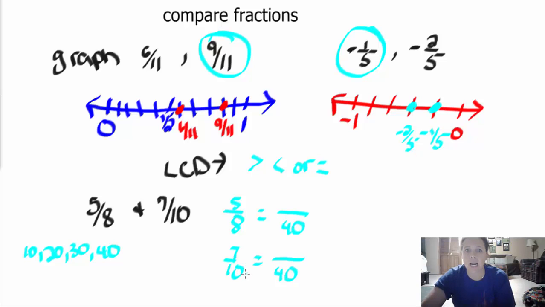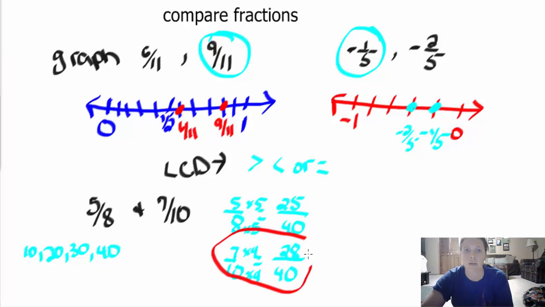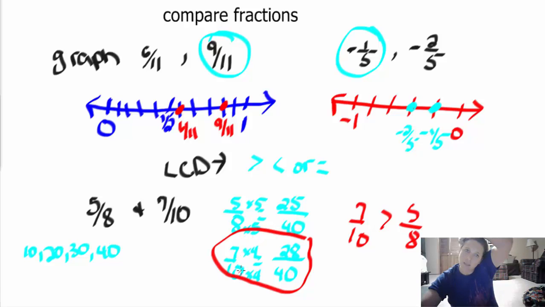So 10 times 4 gives me 40, so 7 times 4 gives me 28. 8 times 5 gives me 40. 5 times 5 gives me 25. So, which one is bigger? My 7/10 is bigger. So we would say 7/10 is greater than 5/8. You have to go back to your original to see which one is bigger this